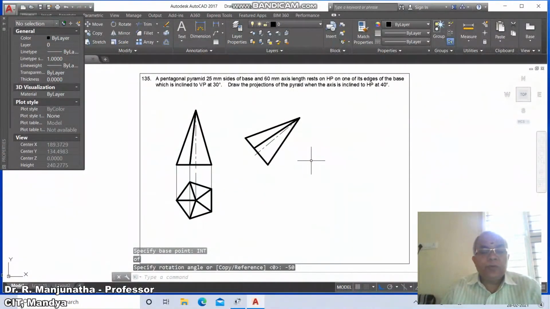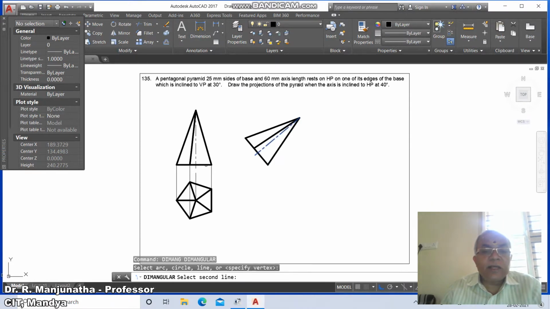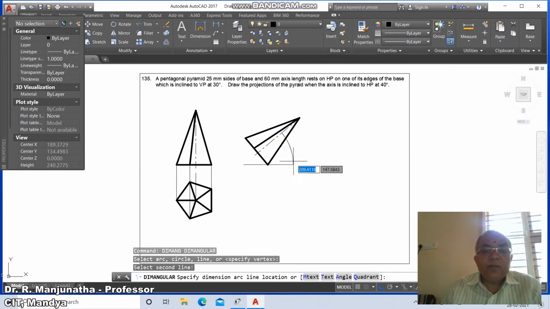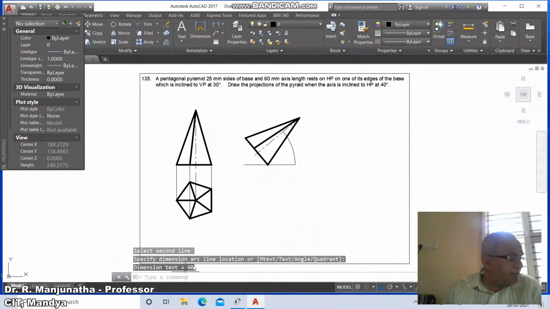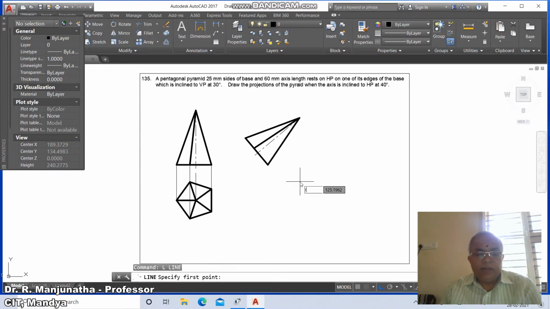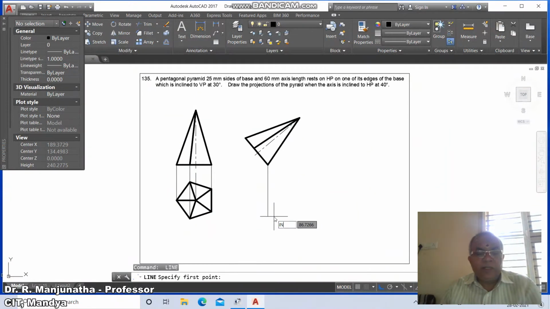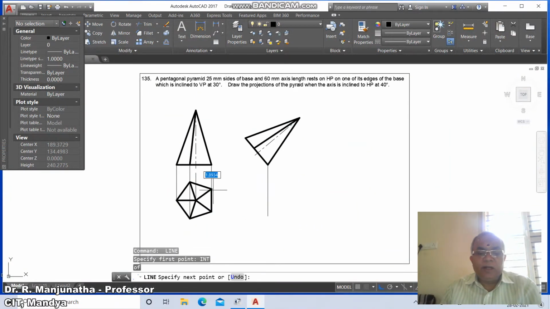So you're going to rotate this angle, dim angular, select between this line and this line. So the angle you get is 40 degrees here. Then go to erase, select this and delete this. Then go to line, take intersection of this and draw a horizontal line, take intersection of this and draw perpendicular